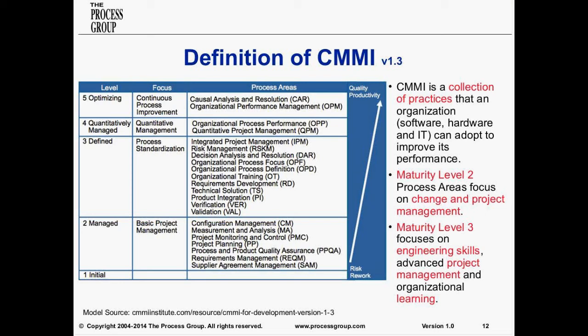And so the essence of level 2 and the toolbox of level 2 is really basic project management, and you get a lot of these things just by doing Scrum and Agile. Not all of them, but many of the things map very well to Scrum and Agile activities, because Scrum is a project management methodology that has some of the same activities as level 2. And then as we do those things, on the right-hand side you see that risk and rework should go down. That's really the acid or litmus test for doing anything particularly well, whether